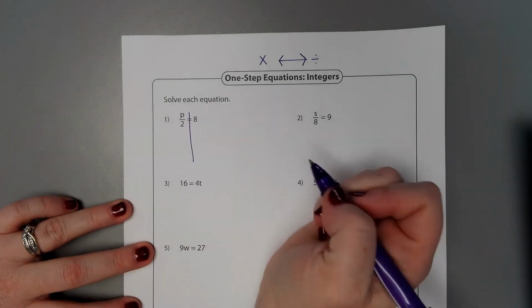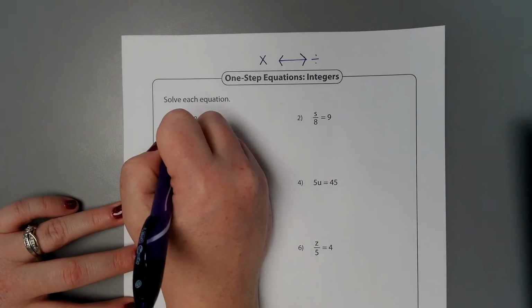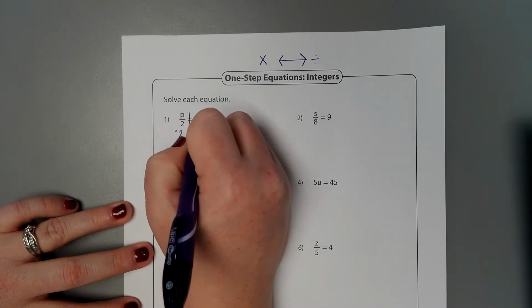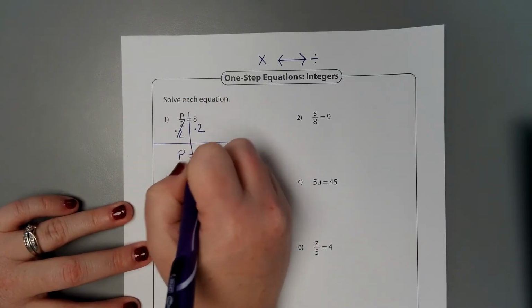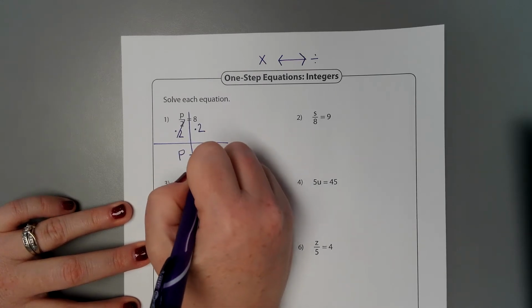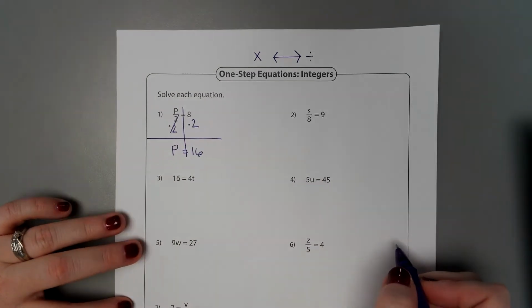So we have p divided by 2. Well, the opposite of dividing by 2 is to multiply by 2. Our 2's cancel out, leaving us with p equals, and 8 times 2 is 16. Number 2,